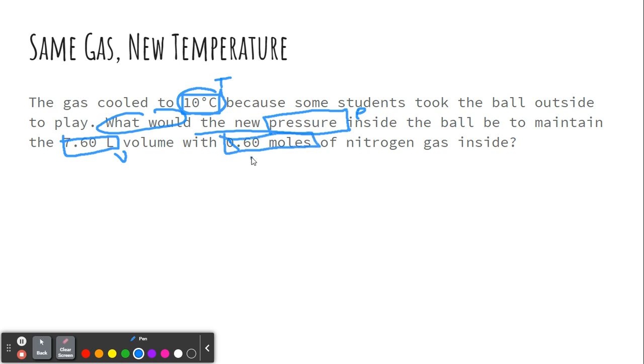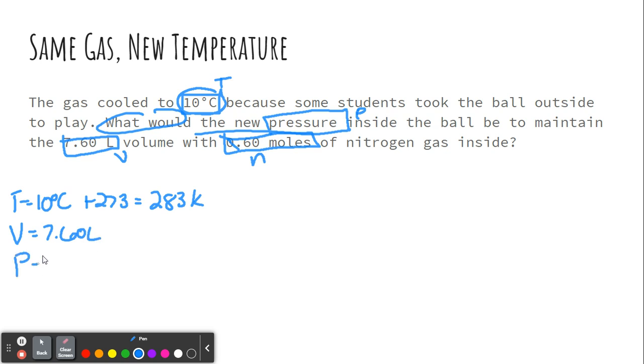So we had that same sample of gas. My temp equals 10 degrees Celsius. If I add 273, that gets me to 283 Kelvin. My volume is still 7.60 liters. My pressure is unknown. That's what I'm solving for. And my number of moles equals 0.60 moles. So plugging into my equation,